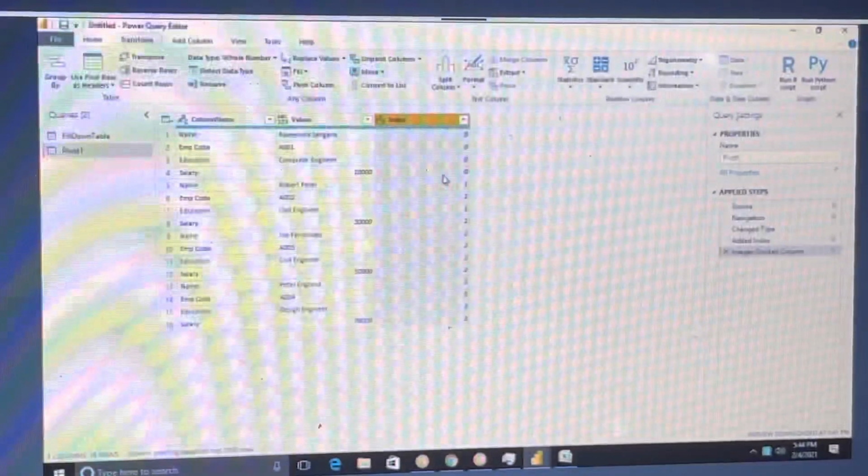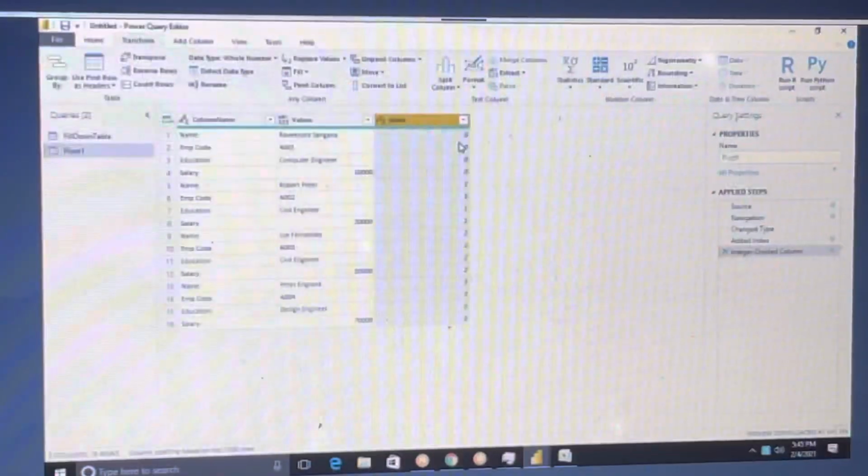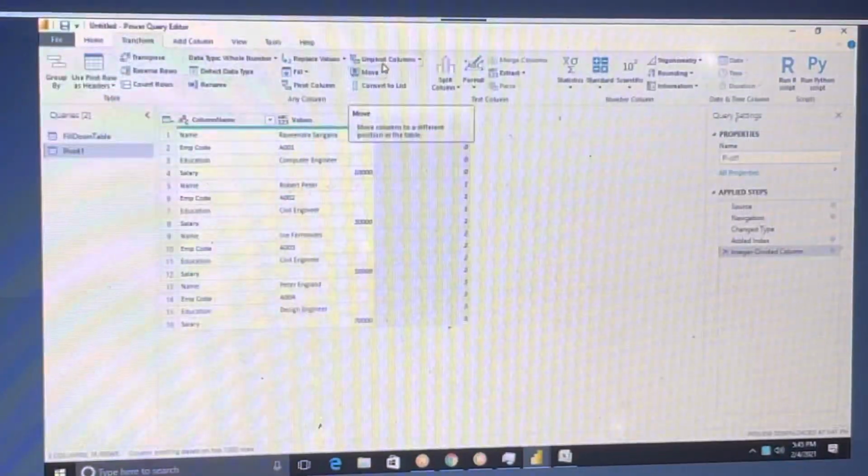So each record is divided, right? The index is the same for all of this one record, 0, 0, and the next one, 1, and the next 2, 3. The index starts from 0. Okay. Now again, here, what you can do is